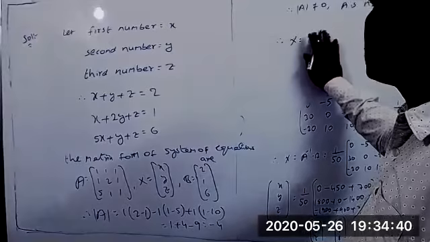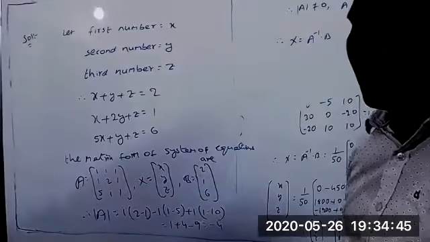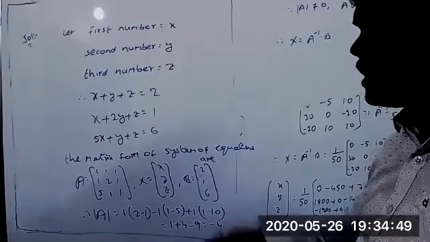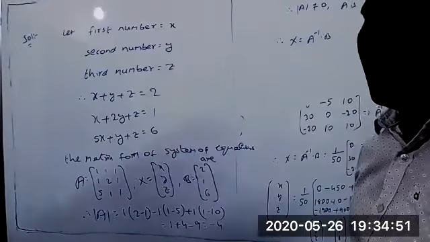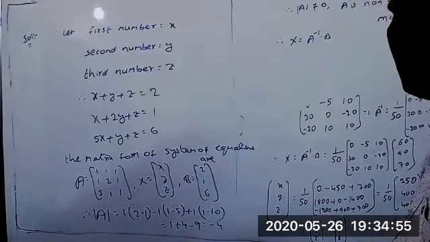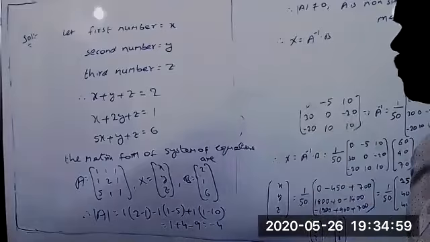So find A inverse. Suppose you got the determinant of A equal to 0. For finding the three numbers, it's not possible. Finding the three numbers not possible means, why did they give all three conditions? It means we have to think about the statements also. Okay, X equal to A inverse into B. First we are going to find the cofactors.